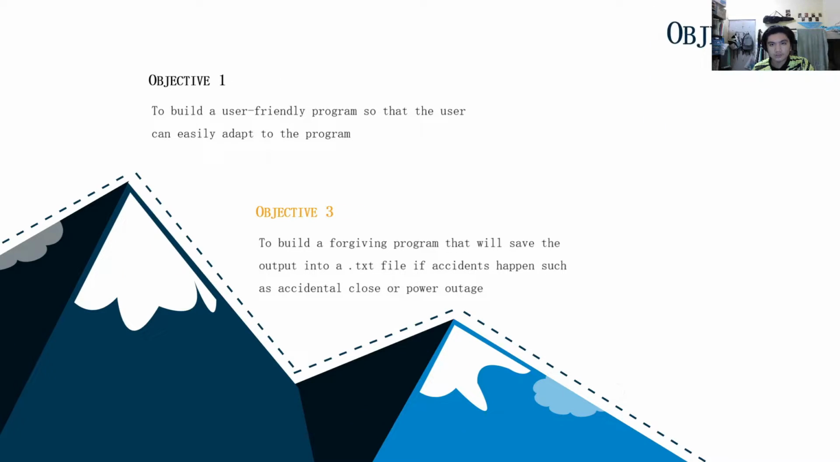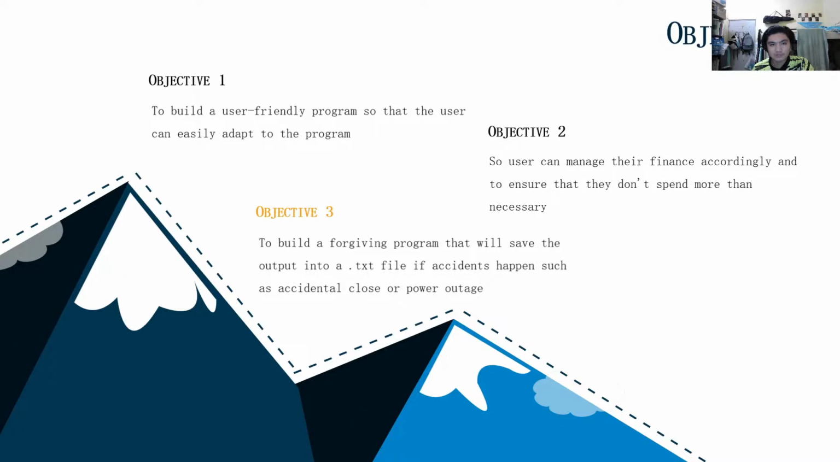The next one is objectives. We have three objectives altogether. So the first one is to build a user-friendly program so that the user can easily adapt to the program. And the second one is to make sure user can manage their finance accordingly and to ensure that they don't spend more than necessary. And the last one is to build a forgiving program that will save the output into a TXT file or text file that can be opened by a notepad